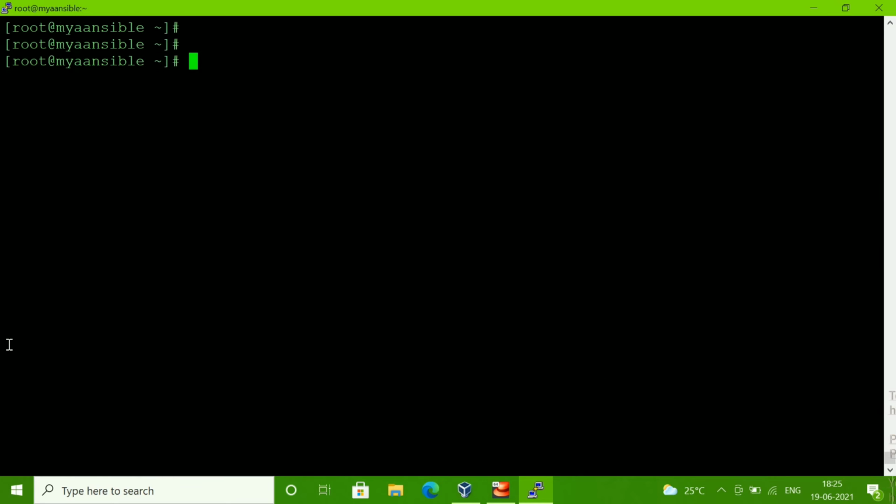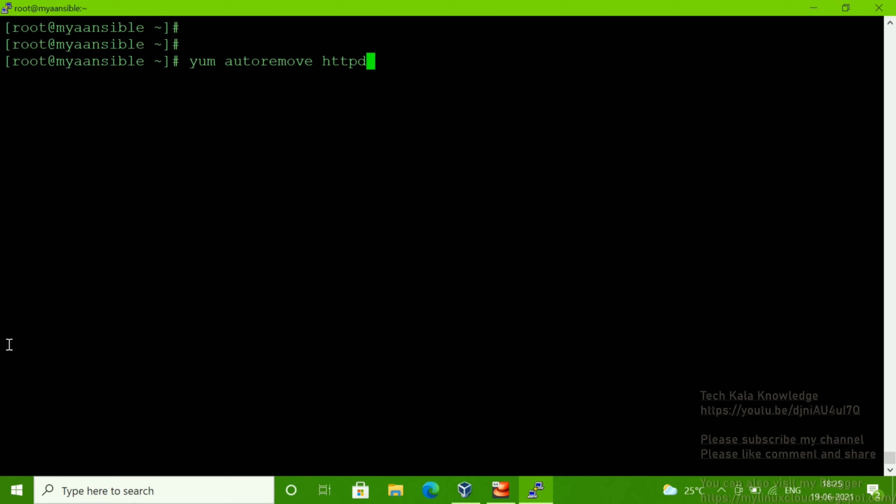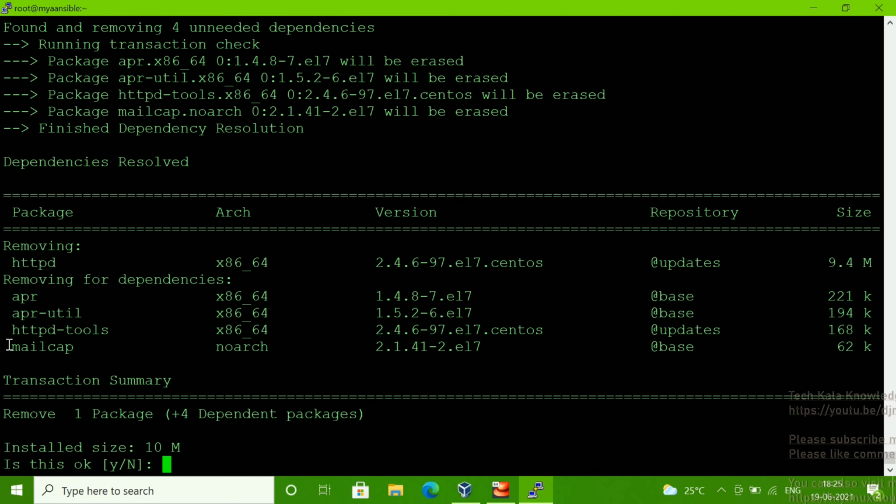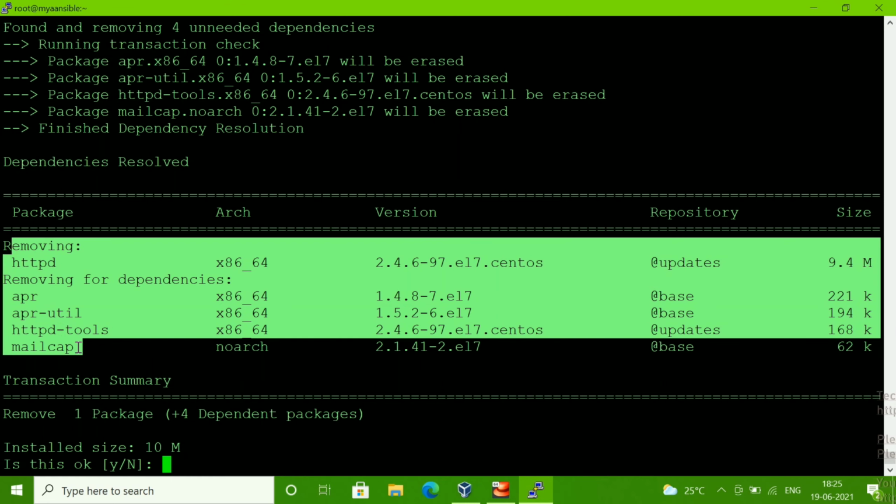Let me clear the screen. I have to give yum autoremove and then httpd. If you hit enter, now you can see all 5 packages are going to be uninstalled.